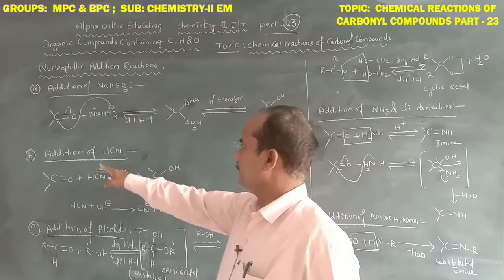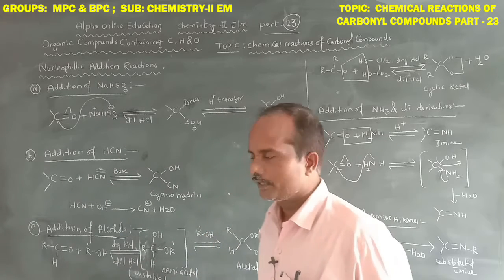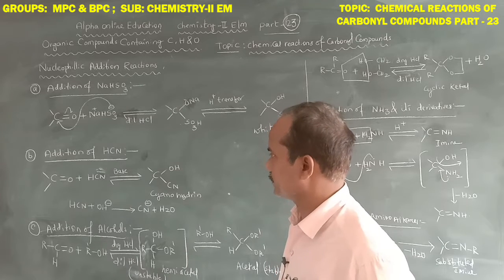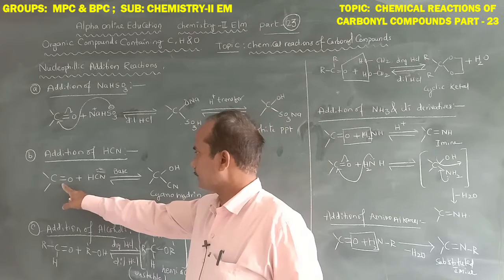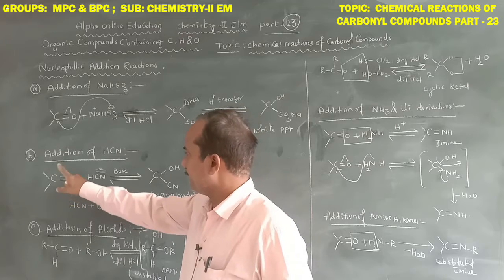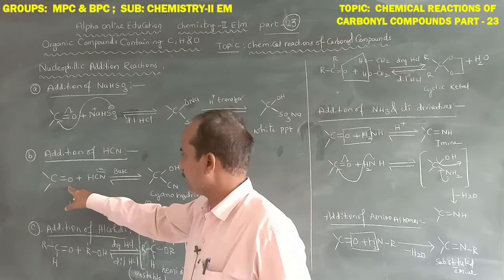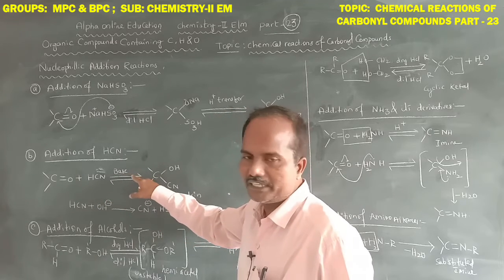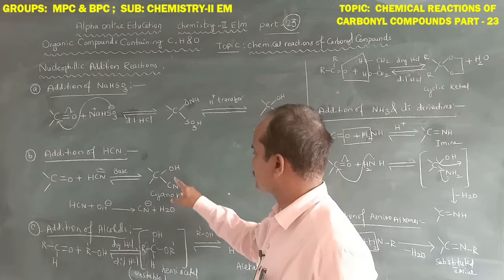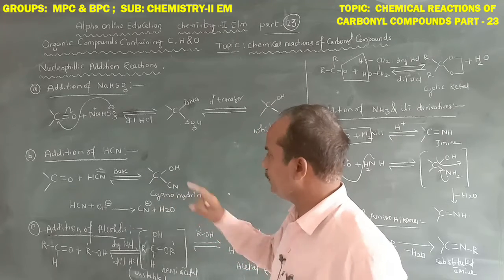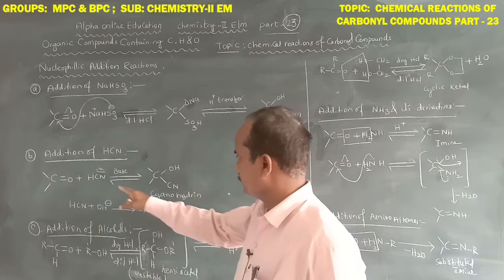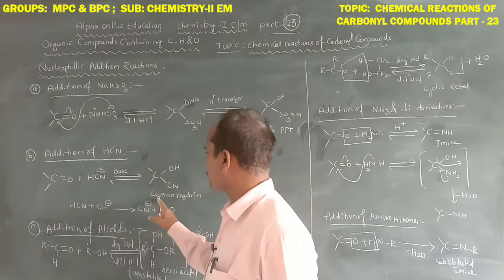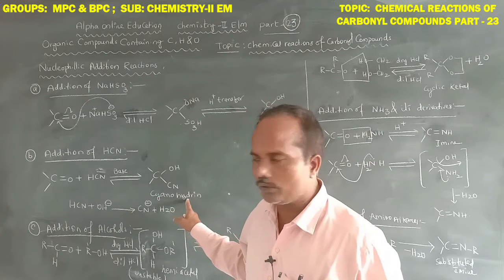Then next one, addition of hydrogen cyanide. This is also another nucleophilic addition reaction. The carbonyl compound, whether it is aldehyde or ketone, when it is treated with hydrogen cyanide in presence of basic media, cyanohydrin is formed. In general, in the absence of base, the formation of cyanohydrin is very slow, because